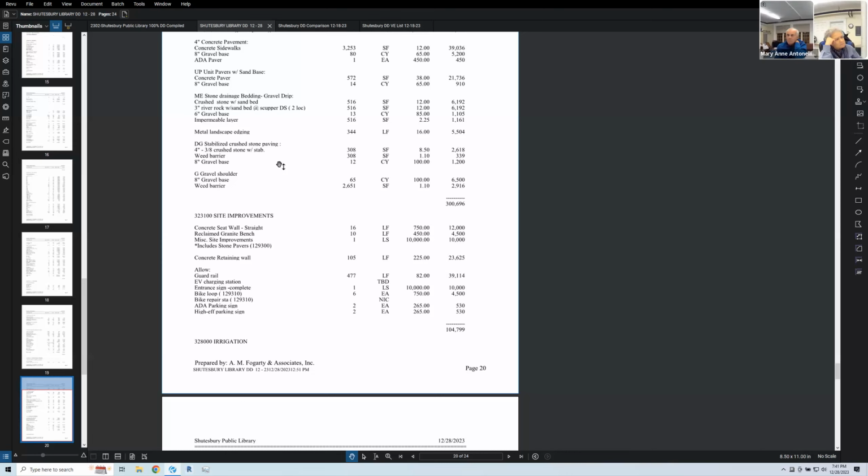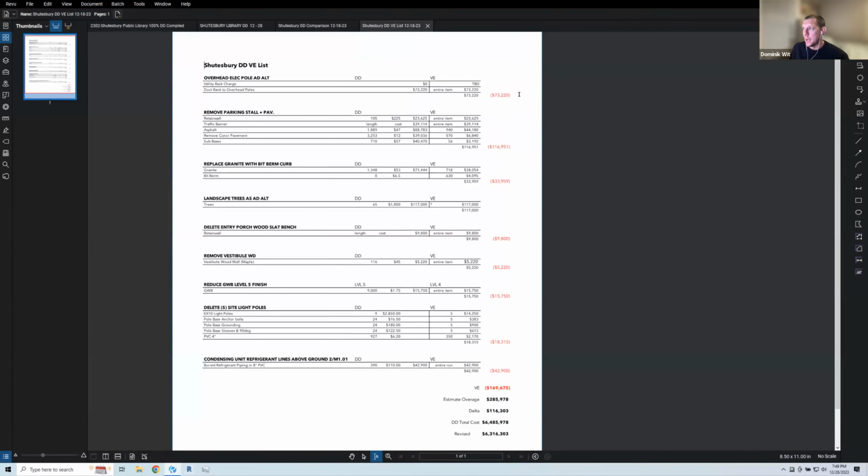So that was the last of the divisions, bringing a direct cost difference of $416,000. But when you reevaluate that with the total cost here, we're seeing a 285,000 overage. So we then went and had a look at what we could value engineer. Again, we are currently holding this 73,000